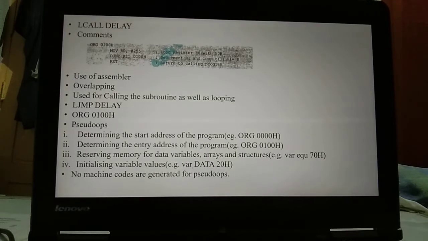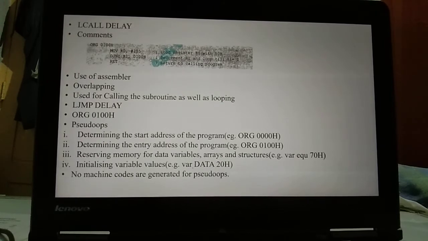Here the label used for the subroutine is delay. We can call the subroutine by using the instruction lcall delay. This label is the starting reference point for any subroutine. We should use as many comments as possible at the beginning of the subroutine to tell what the subroutine is doing.